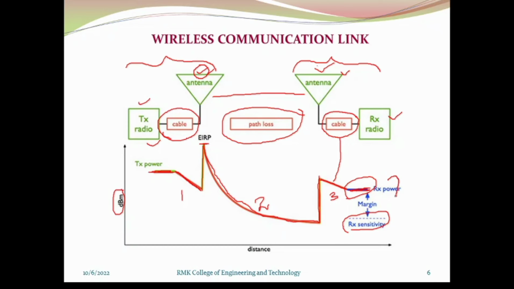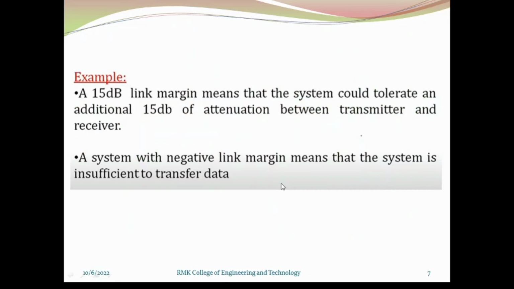Now the difference between the received power and the receiver sensitivity is called the margin. So that is the margin value, right? So there are losses between the transmitter and the transmitting antenna, and between the transmitting antenna and the receiving antenna, and there is a loss between the receiving antenna and the station, right? So now we are going to estimate all these gains, transmitting power, and losses together to calculate the link budget,